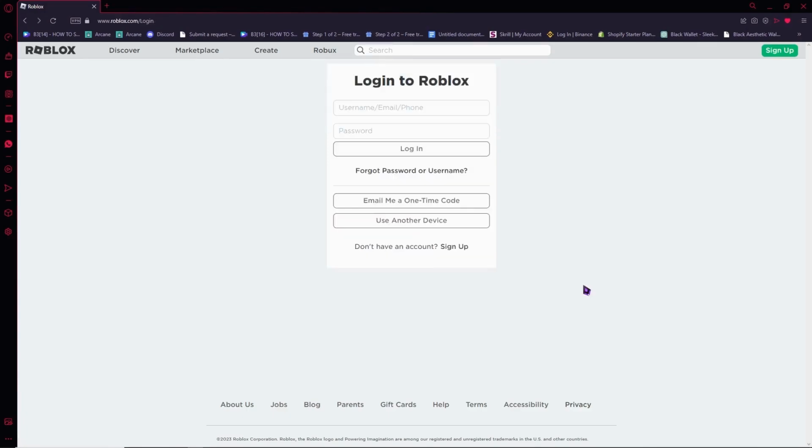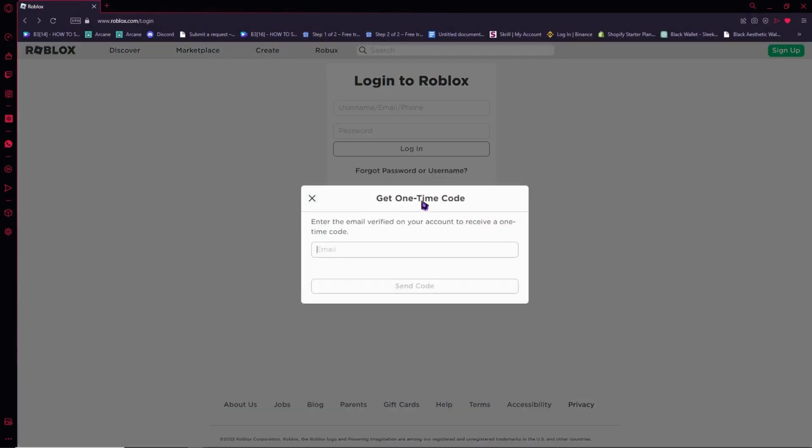So now let's go back, and now that we're done with forgot password or username, we're going to explore this email me a one-time code. When you click on this, it says to enter the email verified on your account to receive a one-time code. So what this does is that you will receive a code in your email, and from there you would need to submit it here so that you would be logged in on this device